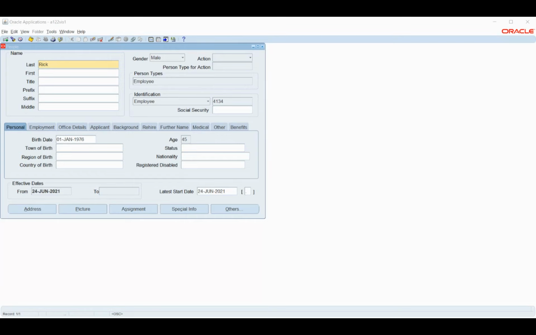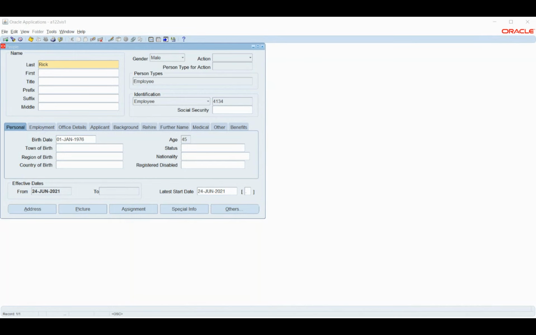The issue here is that I don't have complete access to this application. If I want to show it from that particular responsibility, I need full access, including bank account creation and other things. Without that, you will not be able to complete the payroll process. That's why I came to the common responsibility, but there are some setup issues I need to check.